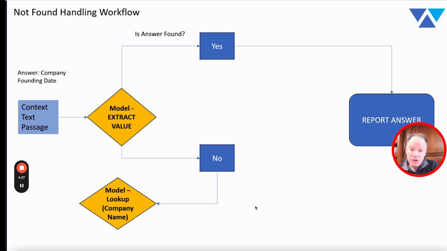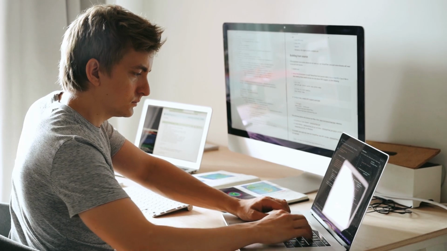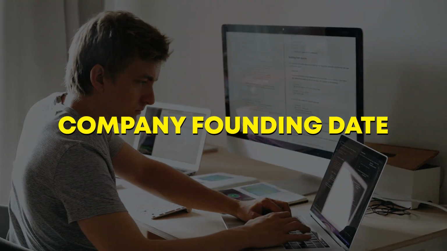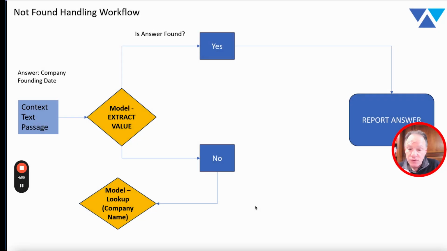So if we determine that no, the information was not found, then what we're going to do is apply a second call on that passage. But this time we're going to take a different strategy. We're not going to look for the company founding date. All we're going to do now is look for a piece of lookup information that we can then use in conjunction